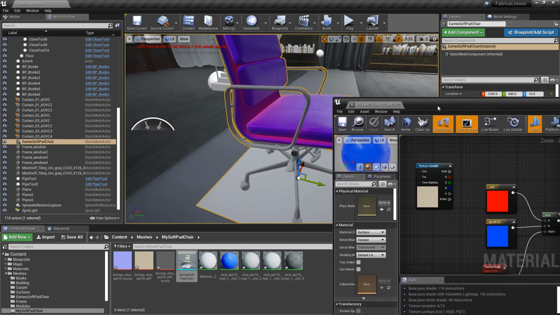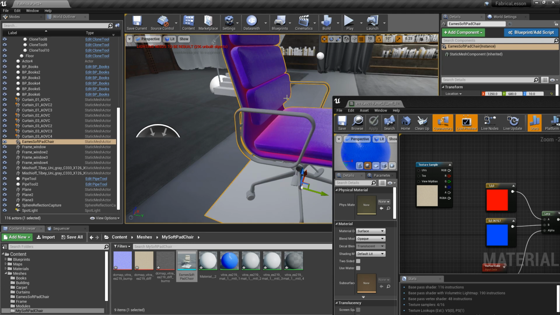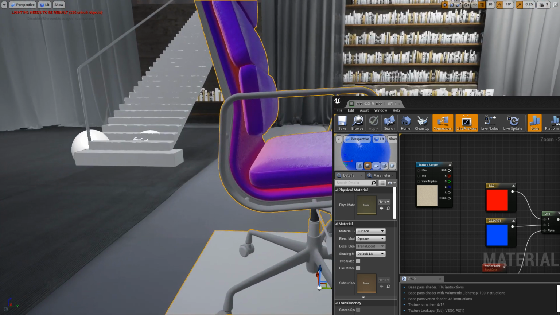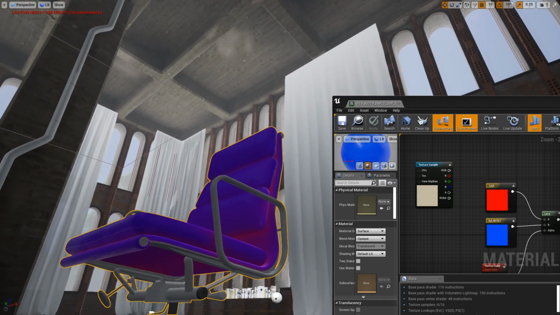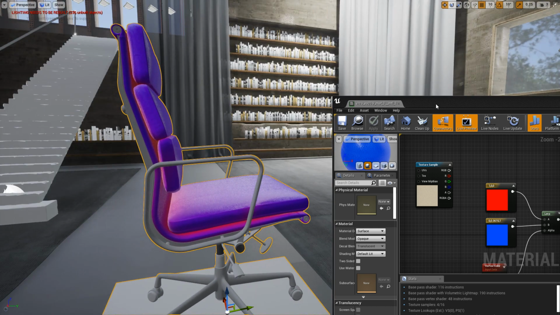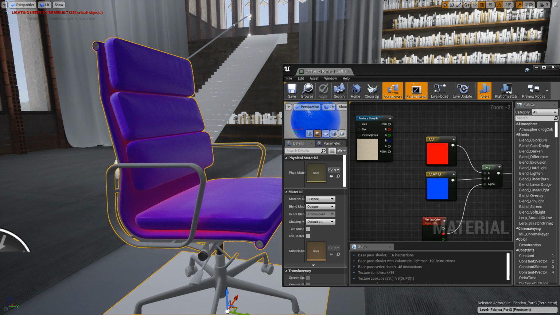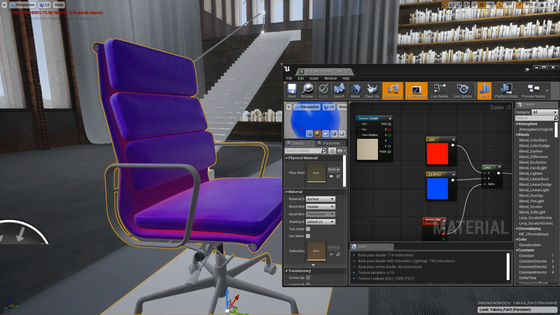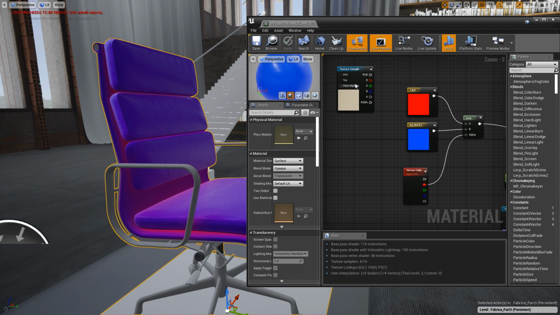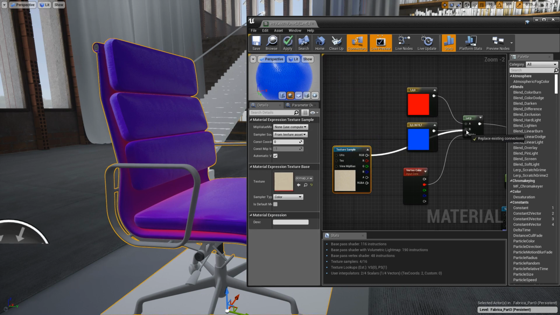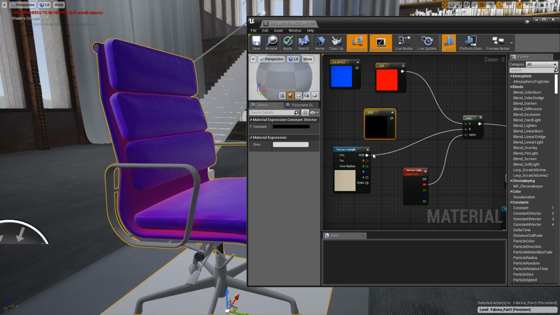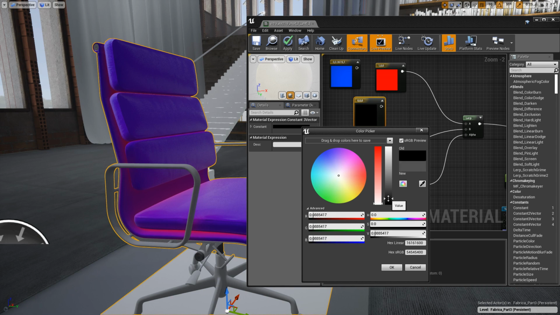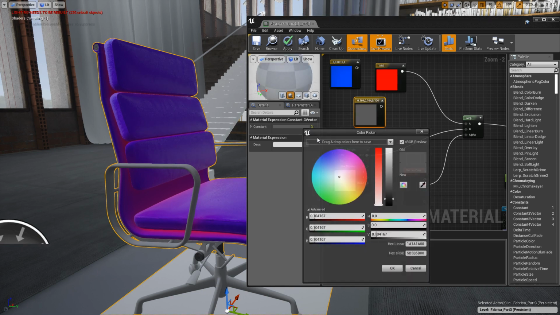And if we apply that, now we can see in our chair exactly the result of the vertex color node in the material, which is fantastic. That's exactly what we want. So what we want is the shadow in the red area and the normal texture in the blue area. So we are going to do just that. We'll plug the normal texture in the B section of the linear interpolation, and here we're going to create a color, and we'll give that a kind of dark gray, maybe a bit darker than that,